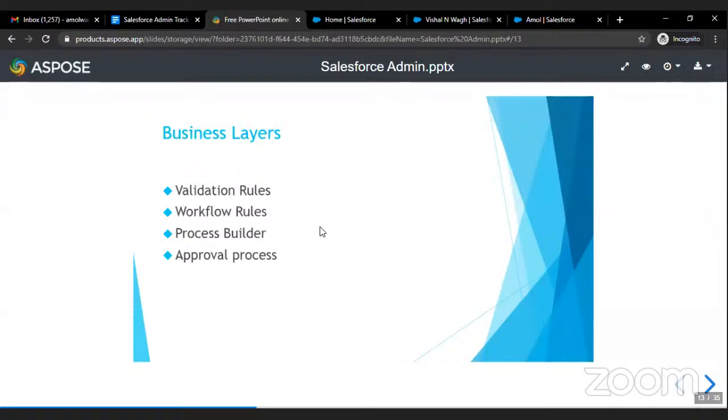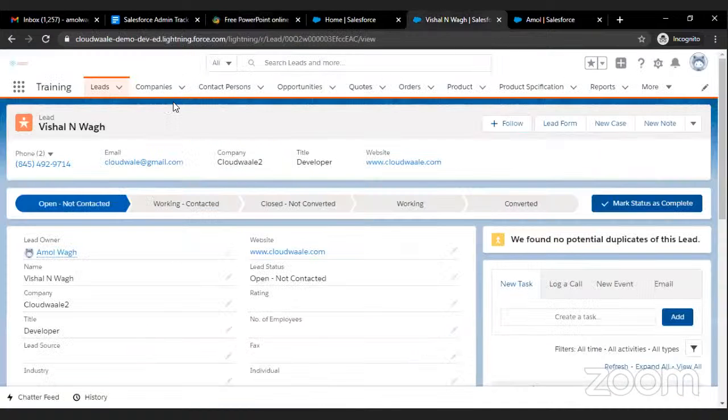But trigger is part of coding and flow is part of advanced admin, so we'll not see that right now. What we'll see is how we can do it by using a workflow rule. So the business scenario is that whenever any user creates the lead record,